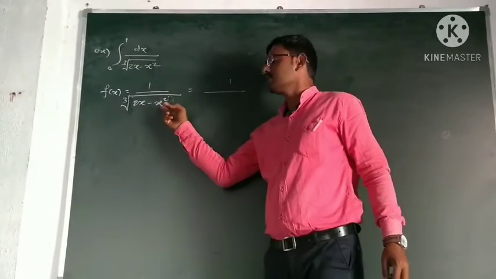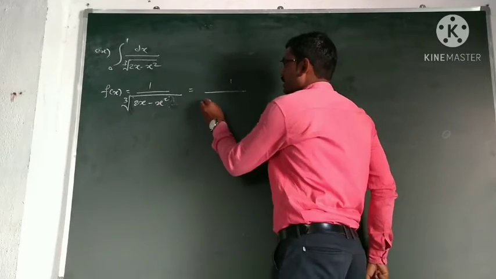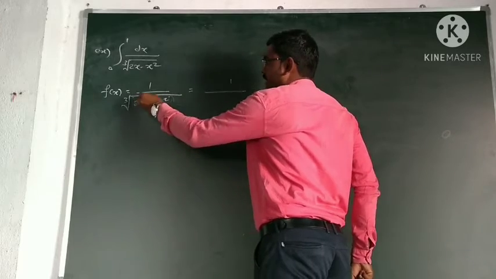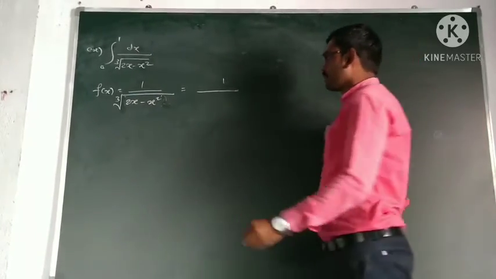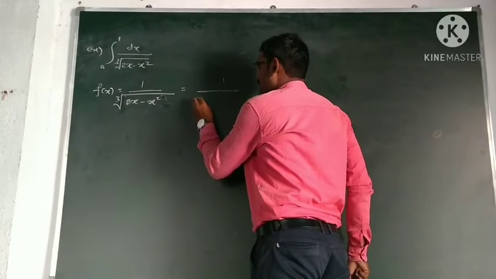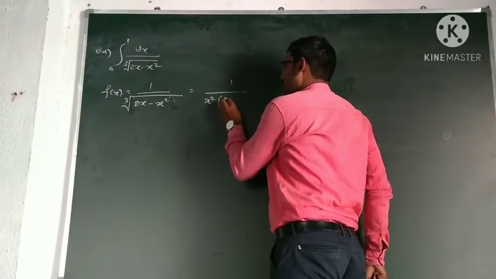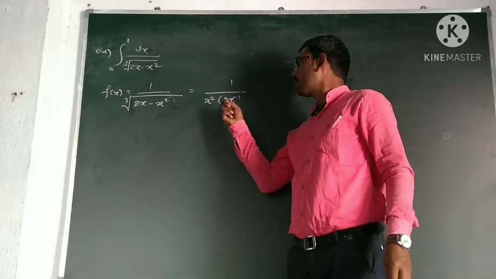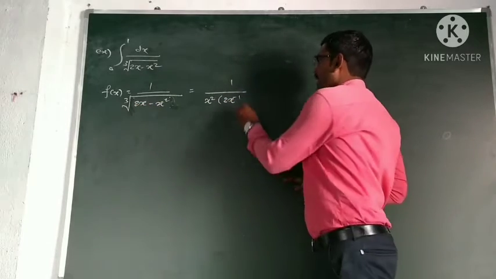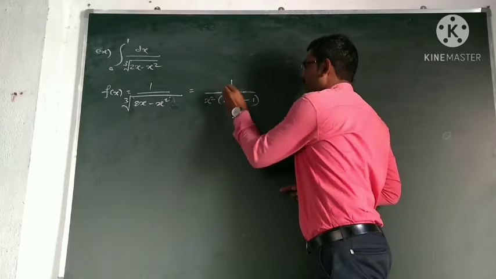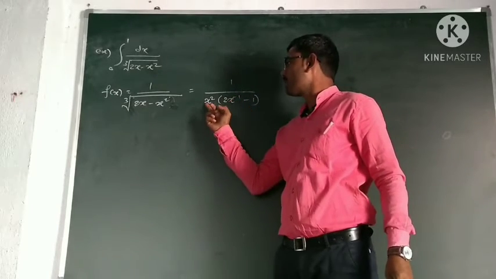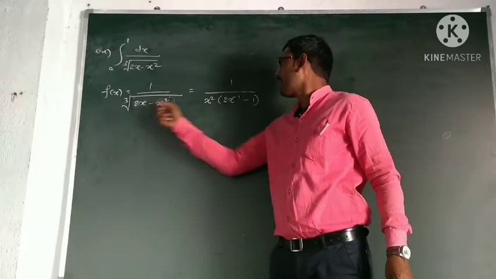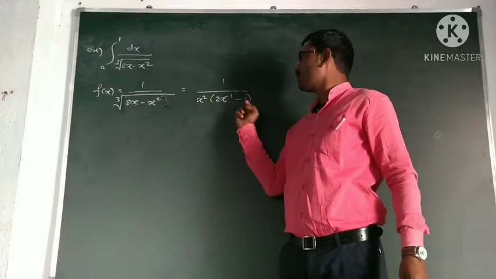So we take x square common first. If you take x square common, relatively x inverse will be there. So we write it like this: x square in brackets, twice x inverse, because x square into x inverse is x to the power 1, so twice x, and x square is common from this, so only 1. Now twice x inverse into x square gives x, and minus x square into 1 gives x square.